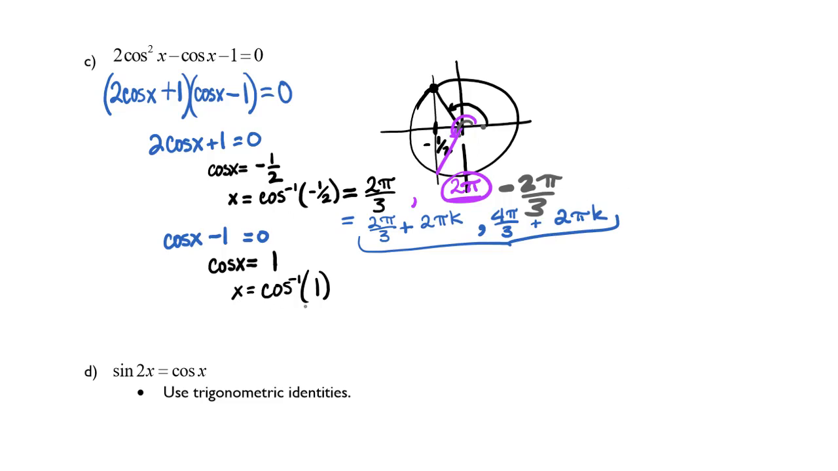Now let's look at when cosine of x equals 1. We know that cosine of x represents the horizontal direction. When it's positive 1, that means we're either at 0 or at 2 pi, which is the same location on a unit circle. That means that this solution for x equals cosine inverse of 1 is just going to be 2 pi k,